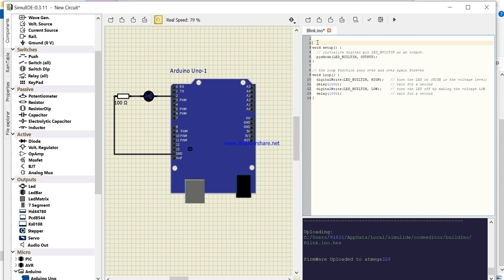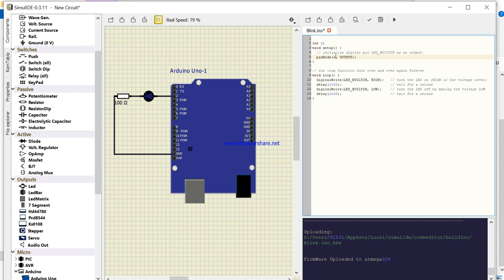Now we will initialize, so I will write int, 2, and 2. Now I will change this built-in LED.